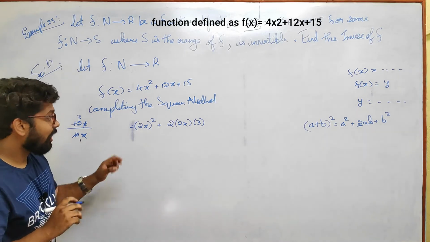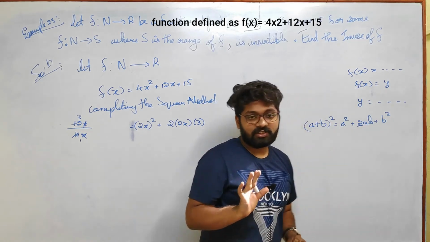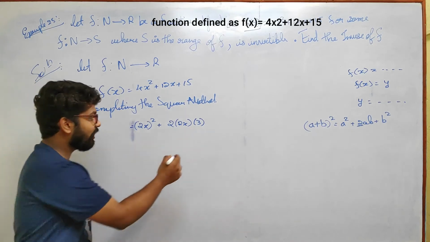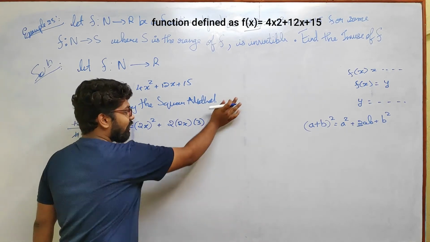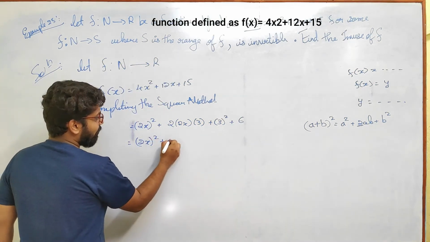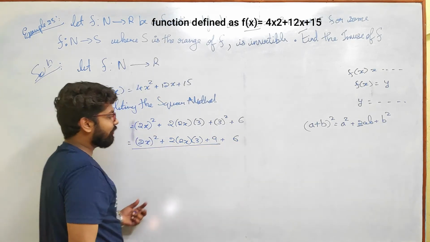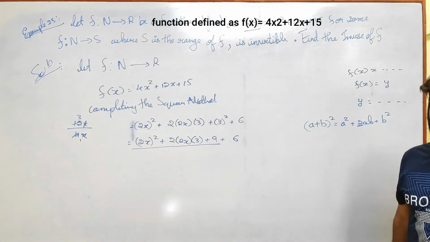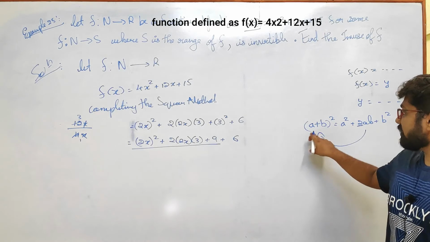Understanding till here? Now where has the vehicle reached? a squared is found, 2ab is done. We need a trick for b squared. So b is already visible, b is what? 3, correct. So b squared will be what? 9. Understood how 9 came? 3 squared. So 6 is remaining. Next step: 2x whole square plus 2 into 2x into 3 plus 9 plus 6. Now if you observe here very carefully, is it not of the format a squared plus 2ab plus b squared? So can I write it as a plus b whole square?